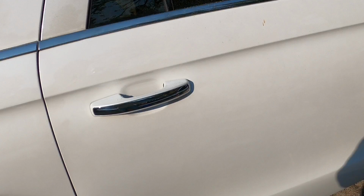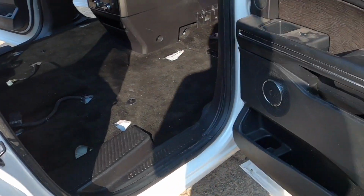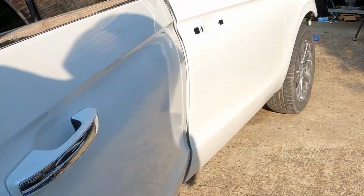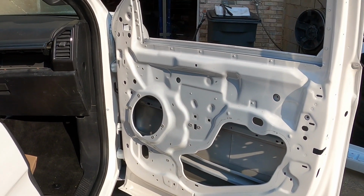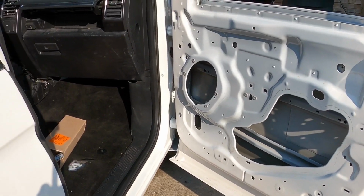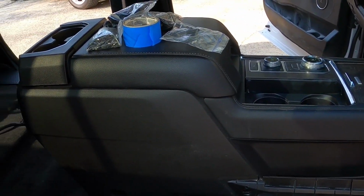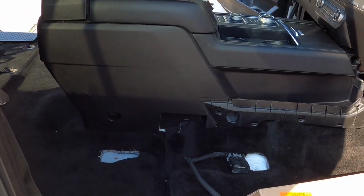So this door was just a shell and now it's a working door, fully assembled, but it was just a shell, just like this front one here, completely empty. But the dash is bolted in fully. The center console is not, but it will be. I'm going to vacuum it one more time and assemble the interior, but